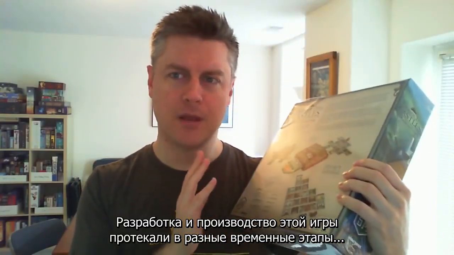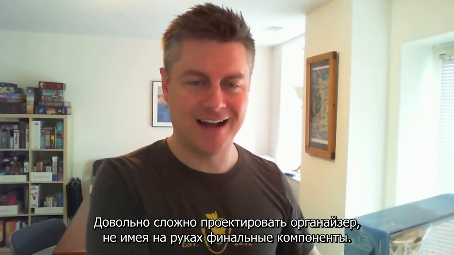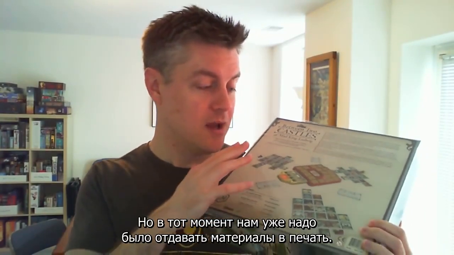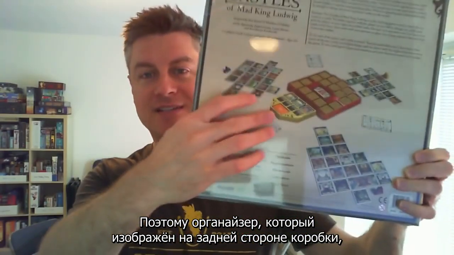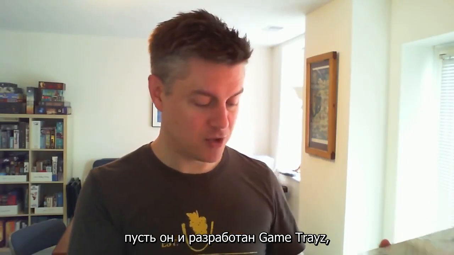But the way the production and development timeline for this game worked, it's rather difficult to design the game tray until you have the final components in hand. And so the game tray was designed by a guy named Noah who runs Game Trays. But at that point, we pretty much need to have the printed materials ready to go. Printed materials are ready before the game trays can even really fully be designed. And so the tray that you'll see, like the sample tray on the back of this box here, the 3D art of which was done partially by Game Trays, but also by Greg May,